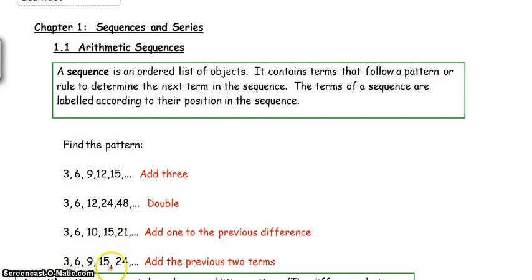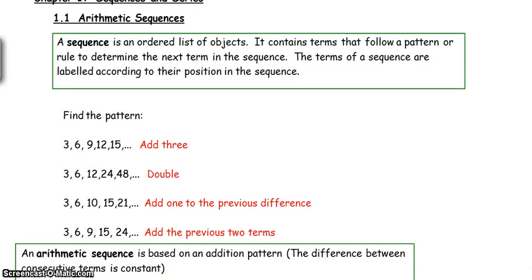And finally, this last one is a little more difficult to see, but I'm basically adding the previous 2 terms to get to the next one. 6 and 9 is 15, 9 and 15 is 24. We are going to now look at